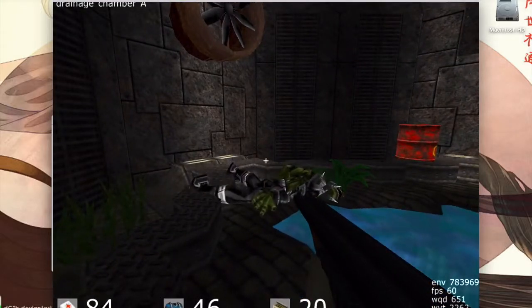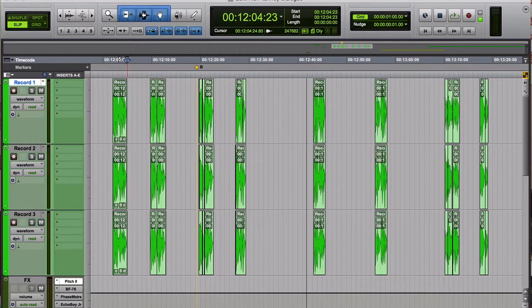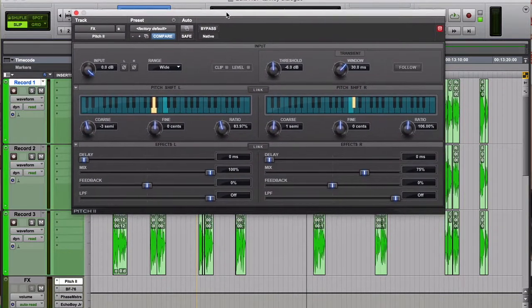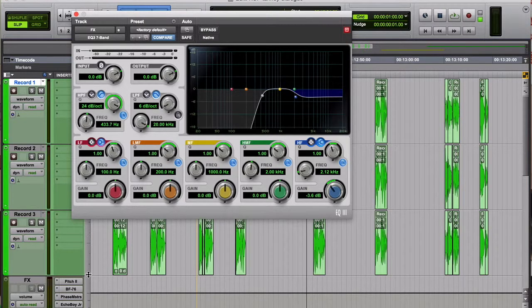The DCP voice was created by recording each line 3 times, and then lining them up with Vocalign, which gave them a sort of natural chorusing sound. I then added pitch, phaser, compression, delay and EQ, which took it from sounding like this